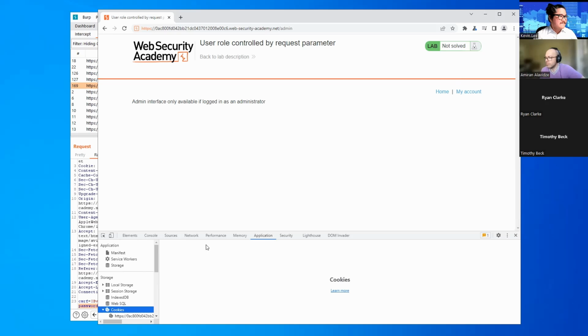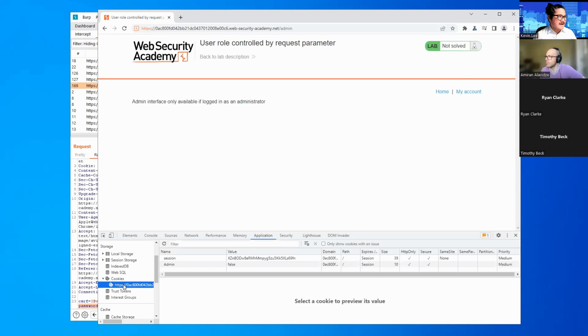So inside of here, we can see that inside the application tab, we can click on cookies. And inside of cookies, we can click on the URL for our lab app right here. From there, we can see that there are 2 cookies assigned to us, and the admin cookie over here is set to false.